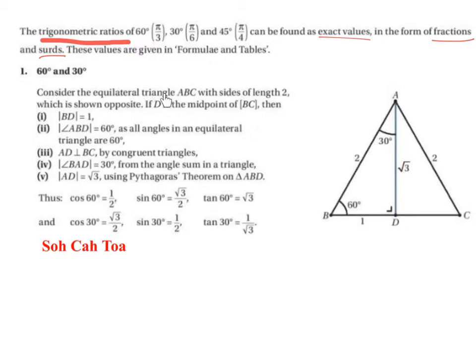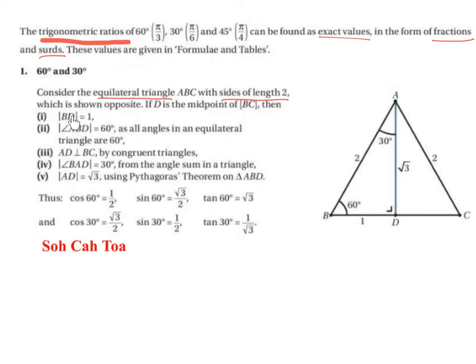Consider the equilateral triangle ABC, with sides of length 2. So we have 2 units, 2 units, and 2 units, which is shown opposite. If D is the midpoint of BC, so this is BC, and D is the midpoint,